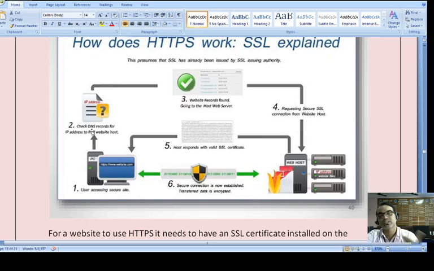Then this DNS name will change into an IP, and this IP will go to the website records where the host server is. Finally, a secure Secure Socket Layer connection is requested from the website host.